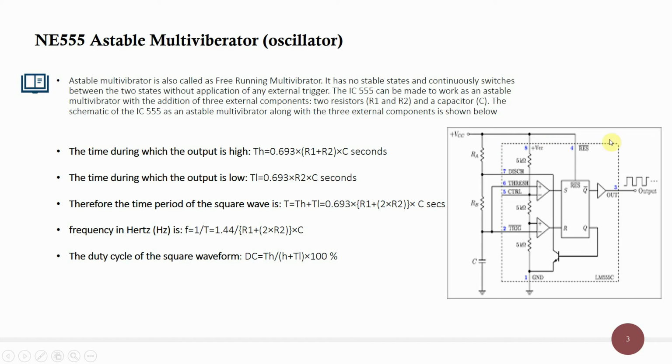If we see the block diagram of the 555, there are a total of 8 pins and each pin has different functions and tasks to perform. Pin number 1 is for ground, pin number 2 for triggering, pin number 3 for output, pin number 4 for reset, pin number 5 for control, pin number 6 for threshold, pin number 7 for discharging and pin number 8 should be connected to VCC. The value of VCC should be a DC input. The output at pin number 3 can be observed either using a DSO or CSO.